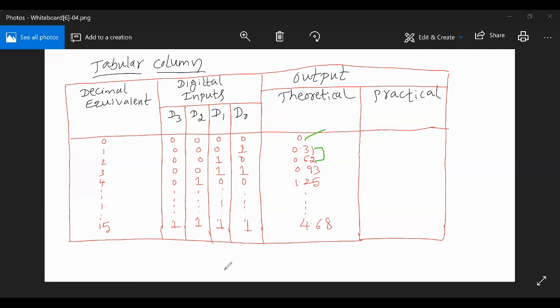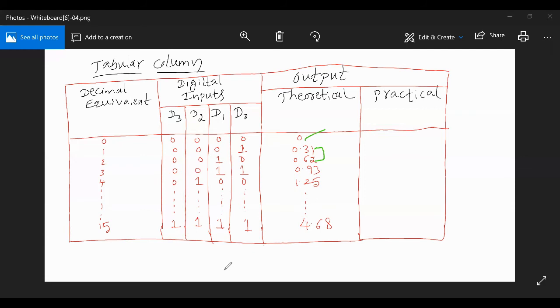Even when the resolution is bad, if some input is given but the output is unable to be read, we cannot notice what the output actually is. Then it is said that the resolution is poor in the DAC. So in the case of the R2R DAC, you could see the tabular column and output tabular column. You could read the output values for the different possible inputs. Therefore, the resolution for the R2R DAC is good.